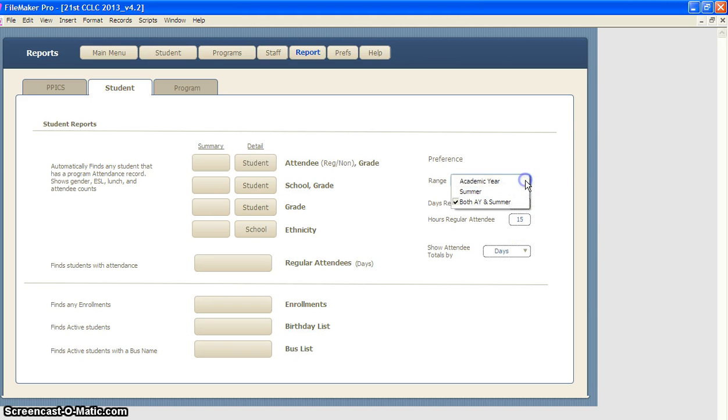So the attendance study is only looking at the academic year, so I'm going to select that, put 15 hours, and show the totals by hours. So this is going to get a different regular attendee definition. It's just a low-houred attendee for the purposes of the attendance study. I'm going to click that report,